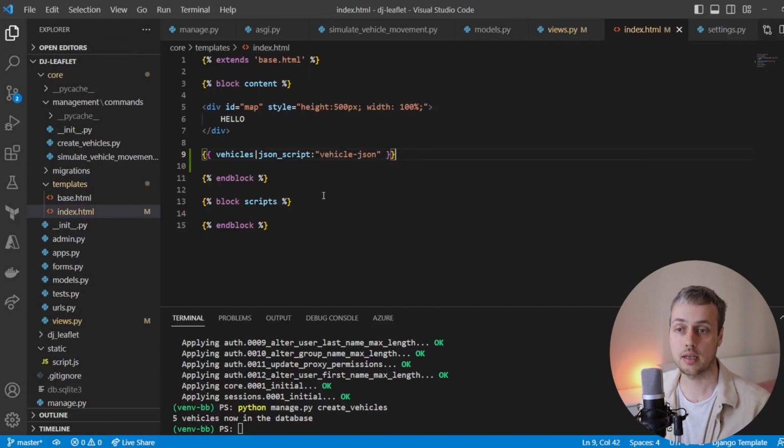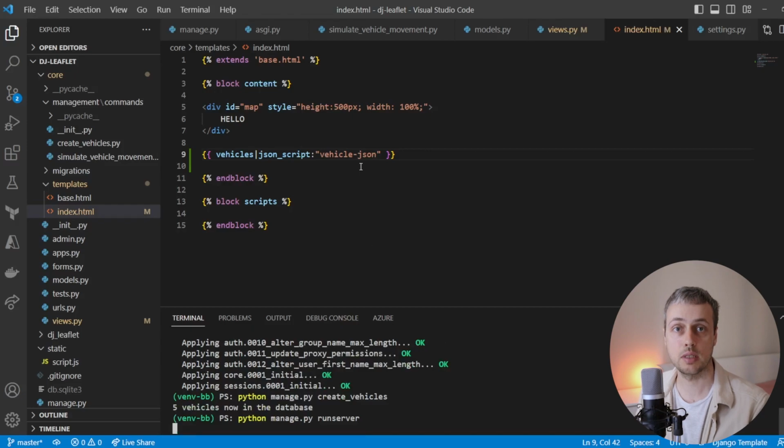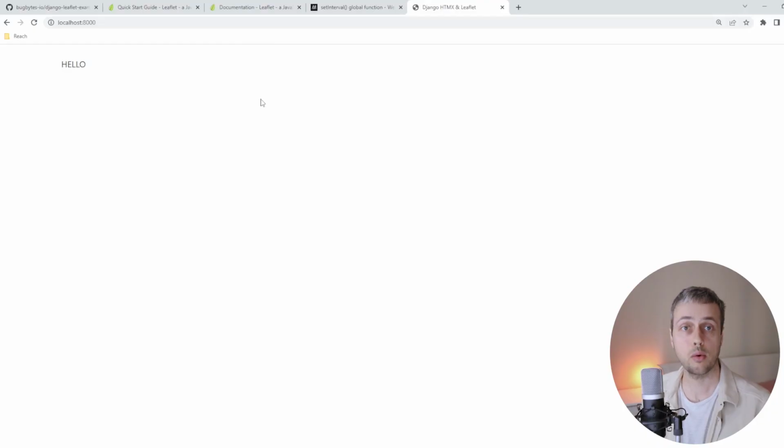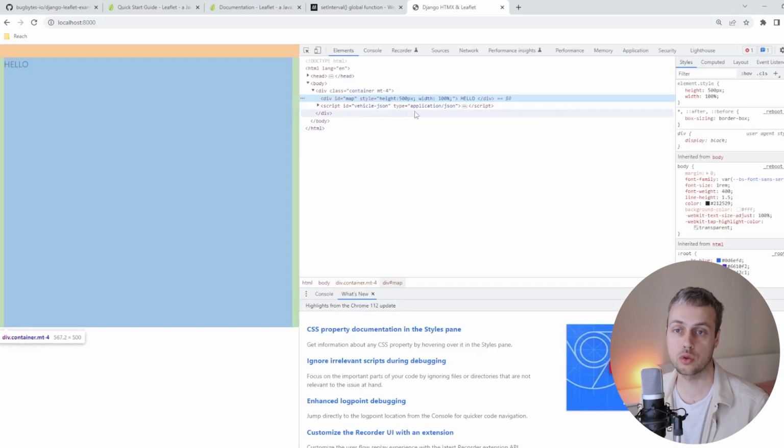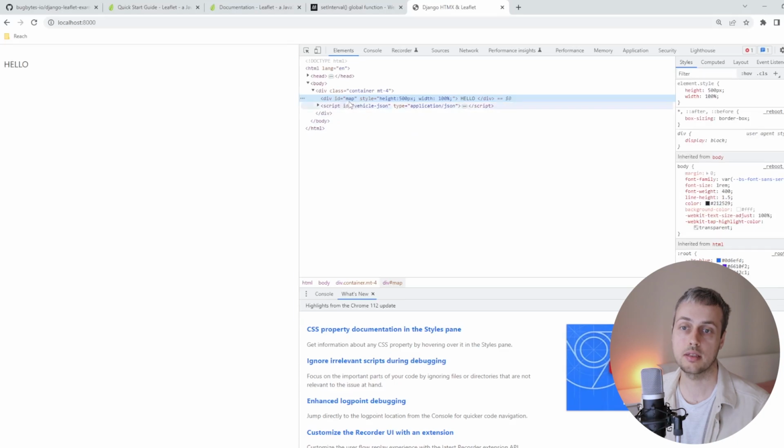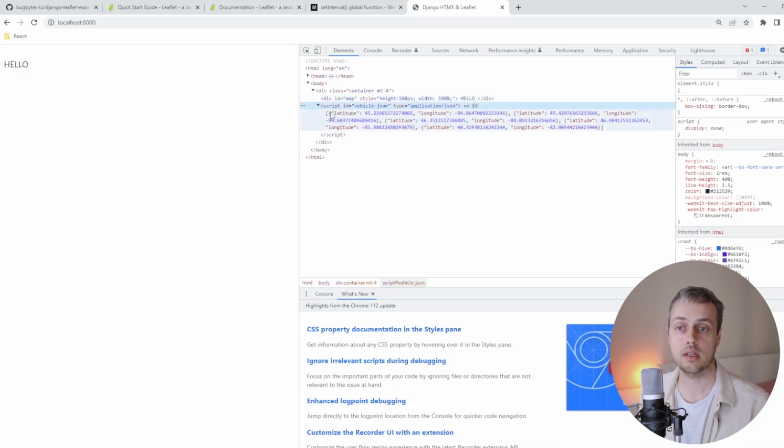Once we've done that, we can save the template file, and I'm going to run the Django run server command here at the bottom, and we're going to run the Django development server, and we're going to go to the page. Now I'm on the page just now. As you can see, it just says hello here, but if we inspect the DOM here by going to the developer tools, you can see as well as the div that contains an ID of map, underneath that we have a script with the ID of vehicle-json. If we expand that, you can see we have a list, or a JavaScript array in this case, of latitude